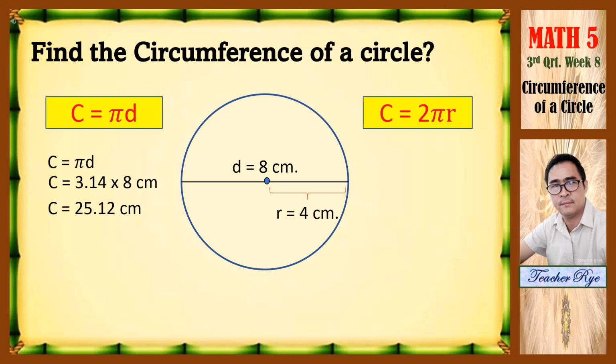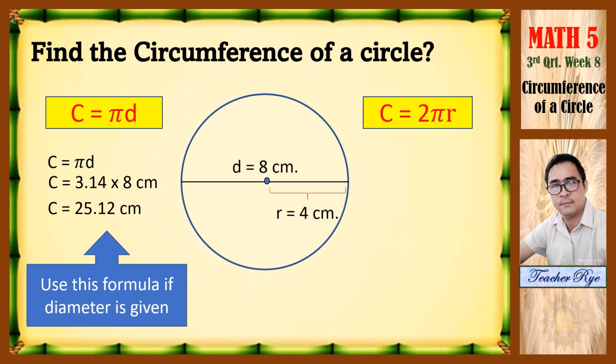Sa formula na to, use this formula if diameter is given. Pumunta naman tayo dito sa kabila na kung saan ang given naman dito ay radius. Anong formula ang gagamitin natin? Ayan na siya. Substitute natin. Circumference is equal to 2 times the value of pi, which is 3.14, times the radius of the circle, which is 4 centimeter. I-multiply natin yung 2 times 3.14, that is equivalent or equal to 6.28 times 4, that is